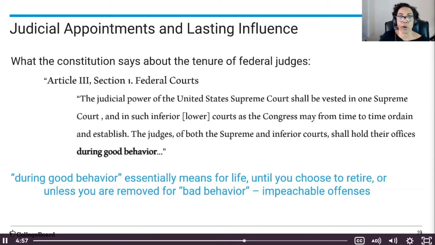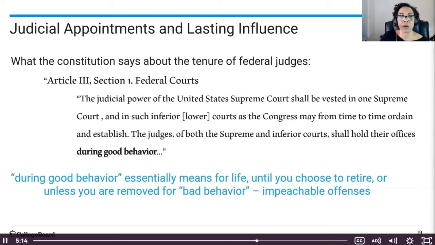And we have tenure being during good behavior. I've got in bold there, that means for life until you choose to retire, unless you are removed for bad behavior, which would be some sort of impeachable offense